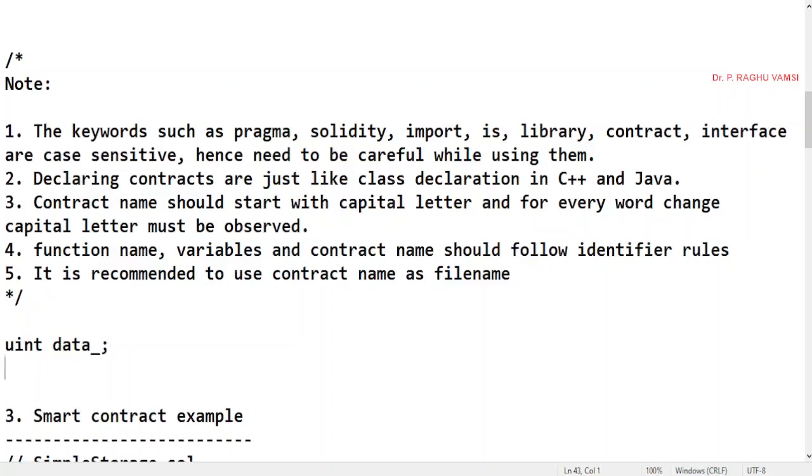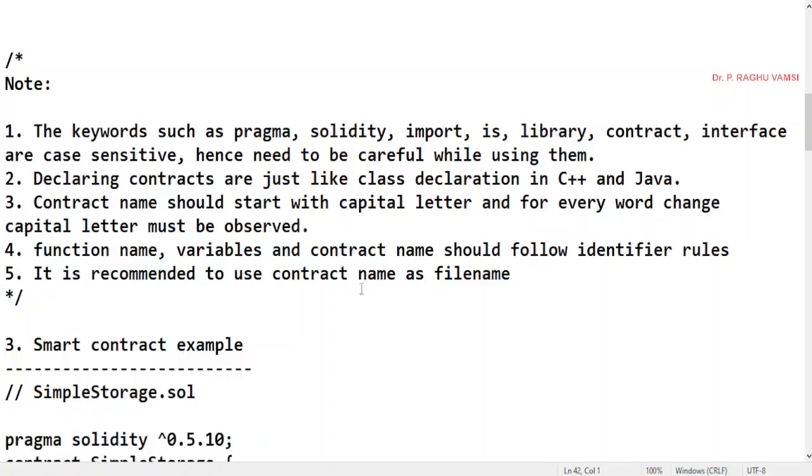You may also use data_value like this, or declare _data_value. This is a correct way of representing an identifier. But if you write 9data_value, this is wrong. A number should not appear at the start of the variable name or identifier name, so this does not fall under the identifier rules.